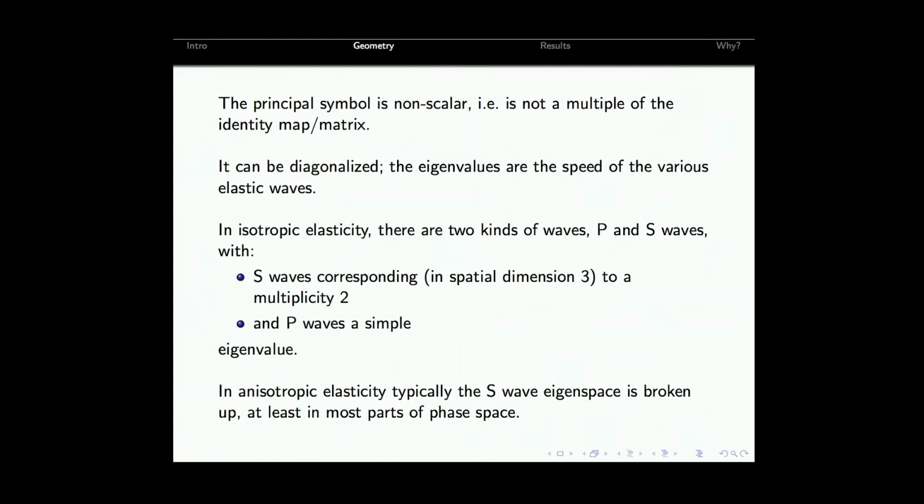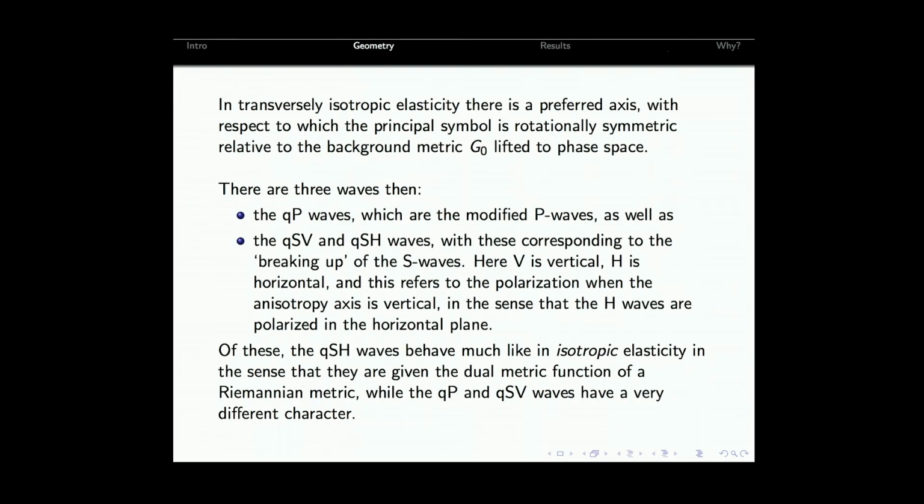Typically, if you have a random matrix, which of course this is not, but if you had a random matrix, you would expect one-dimensional eigenspaces. This is not true in isotropic elasticity, but in anisotropic elasticity, for most x and psi, this is what's going to happen. Okay, so this is quite complicated, but there's a subset of these